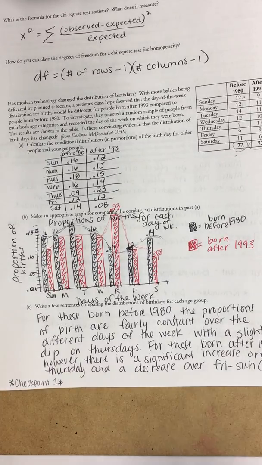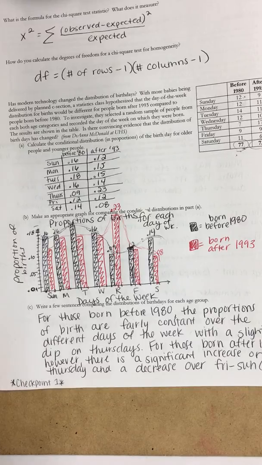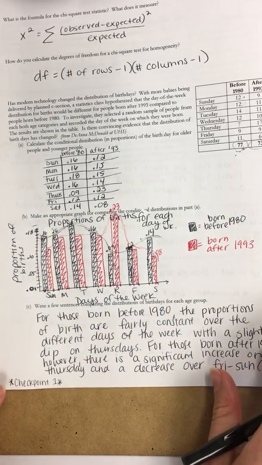All right, so hopefully that makes enough sense. You can see I have a note here that this would be a good time to pause and work on checkpoint number 1. I realize I didn't give you the checkpoints paper. However, these are the check your understandings that are in your textbook. So feel free to do that now. You should have some time in class to do it on Tuesday, but that time can also be used to work on homework, classwork, anything else that is assigned. So it'd be great if you got ahead of those. Maybe leave a note in the comments if you did do it out of the book, and then I won't make extra copies and we can save some paper. Okay.